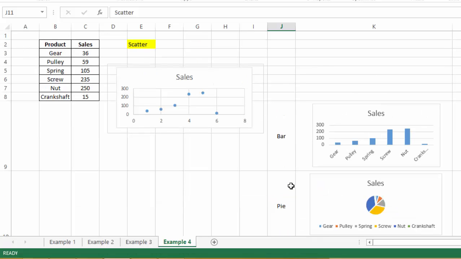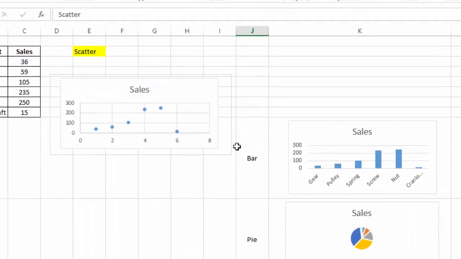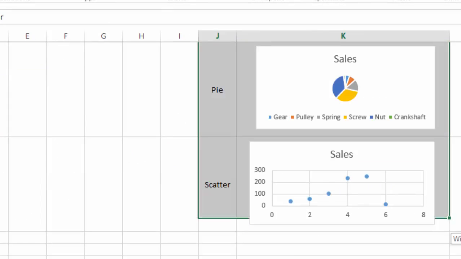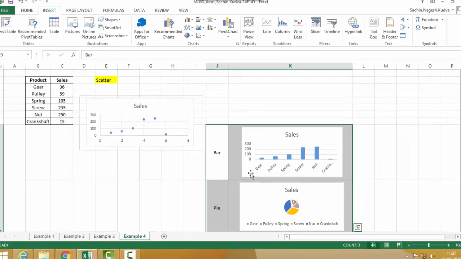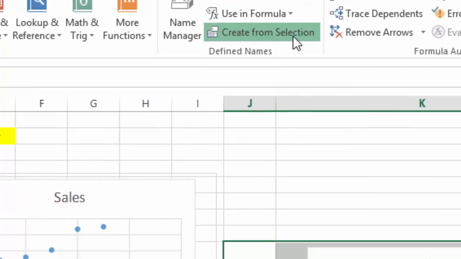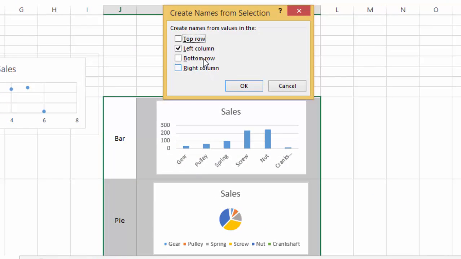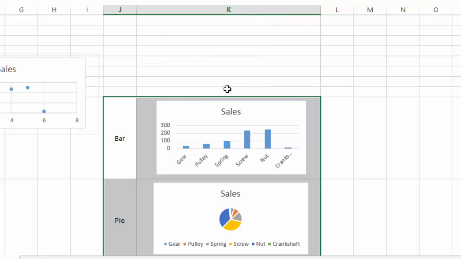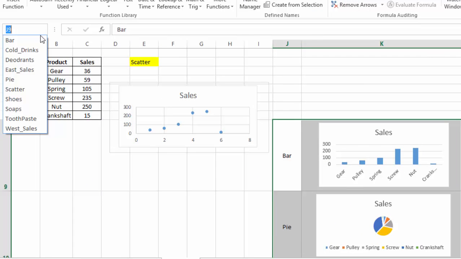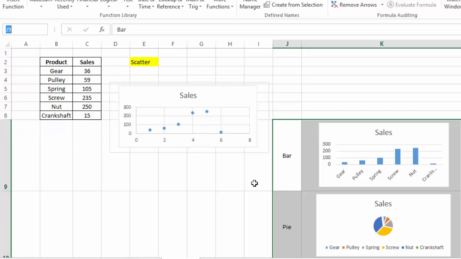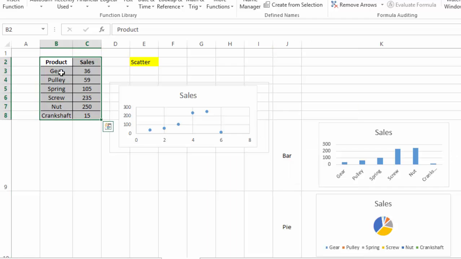Now you will be creating named ranges for these charts. This is the same thing that we did in the previous example. You will select these columns and rows, go to the formula tab, Create from Selection. Since the name is lying on the left hand side of the chart, we'll select the left column and press OK. As you can see here, we have the pie chart, bar chart, and scatter being created as named ranges. Now the purpose of this example is that if we want the chart to be displayed of a particular product